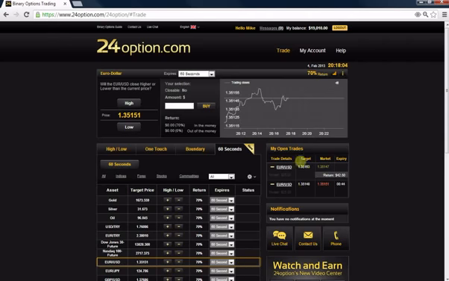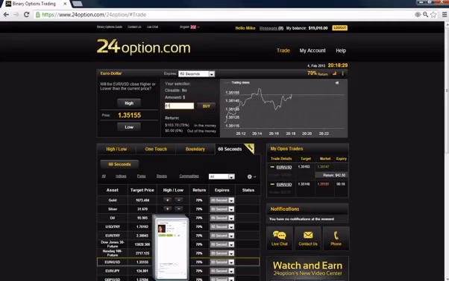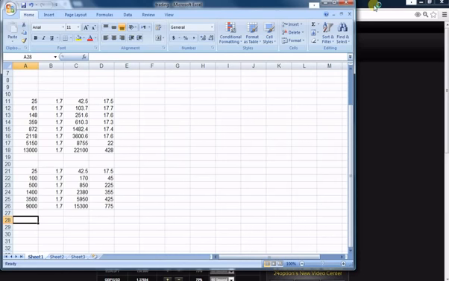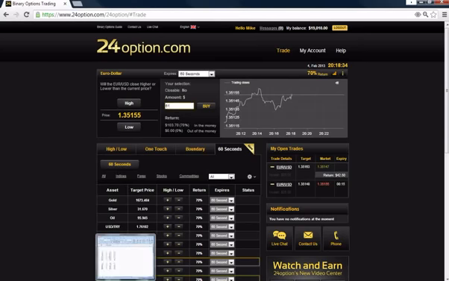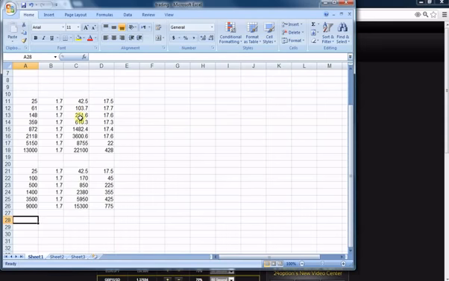Okay, and here we see the status of the previous trade where we won $42.50. This one that we're currently at is 1.35148, 1.35152. Looks like it's kind of hovering around there, but it could change in the next 30 seconds. So we're going to prepare the next trade just in case we lose. Now that trade is going to be $61. $61 means that we're also going to profit on a 70% return. Our profit's going to be $103,